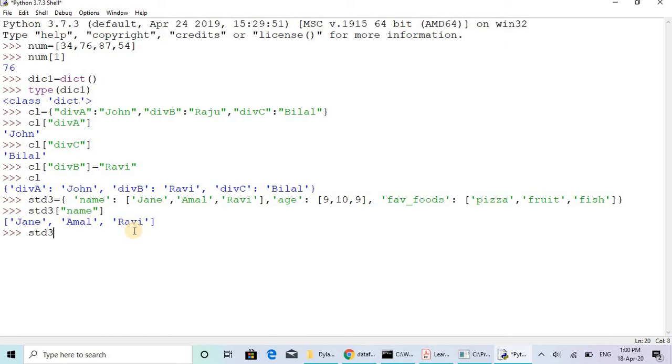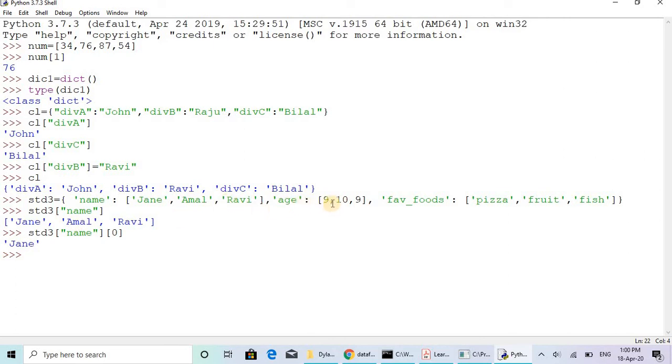STD3 in brackets, actually the name is the index, and in that name we can select the first one, that is in 0th position. Okay, this is actually a list. From that list, 0th position is Jane. Okay, Jane, we got that corresponding name.